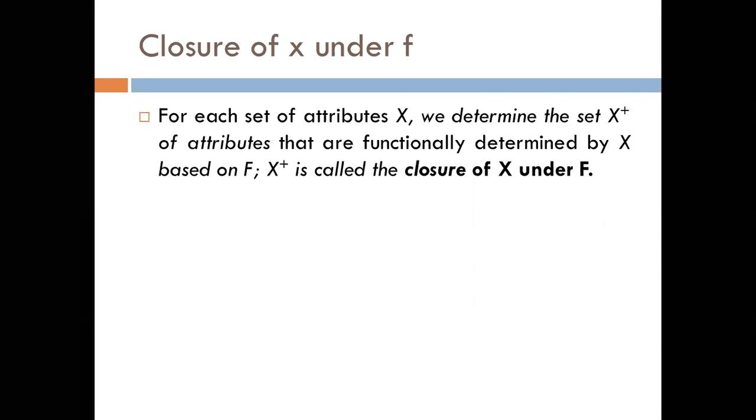In the beginning we discussed the closure of a functional dependency. Similarly, we can find the closure of an attribute. The closure of an attribute indicates all the other attributes determined by this particular attribute. There is an algorithm for determining the closure,